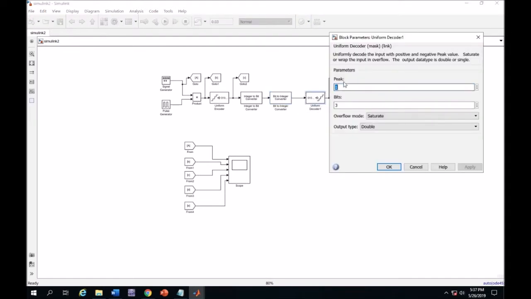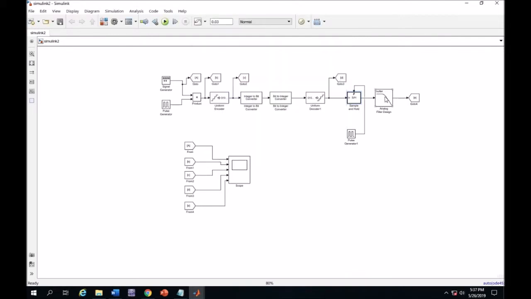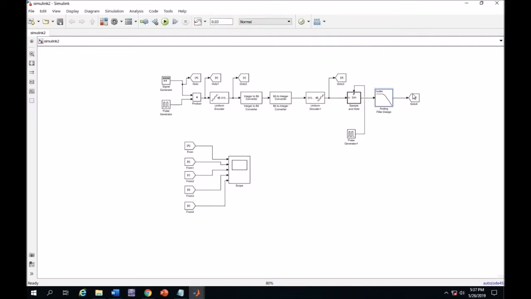The decoder we set the peak is 1, bit is 3. And the sample and hold initial condition is 0. Analog filter design, the filter order we use 2. The passband edge frequency is 2 times pi times 100. And